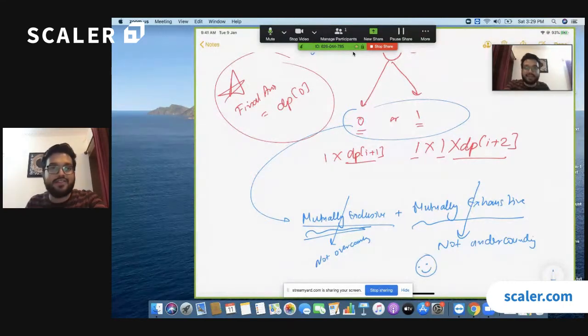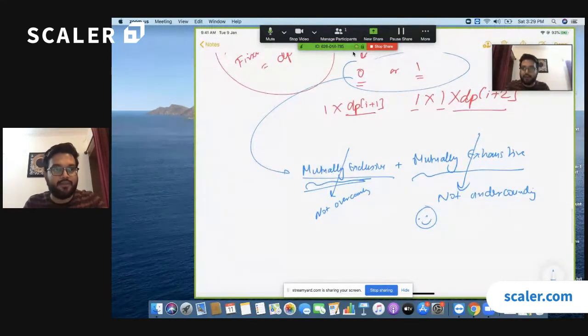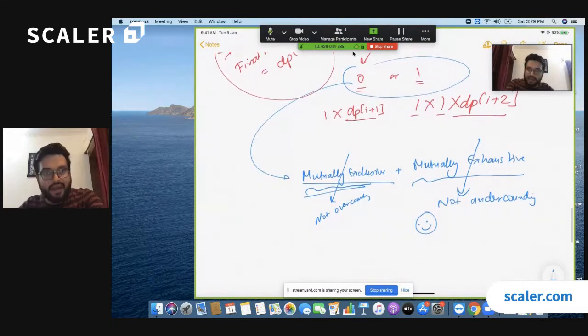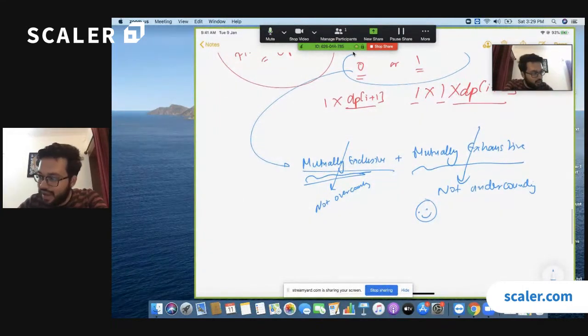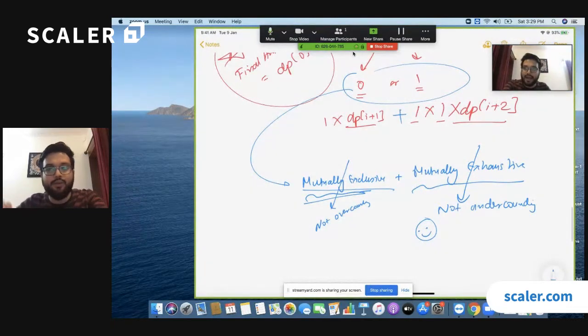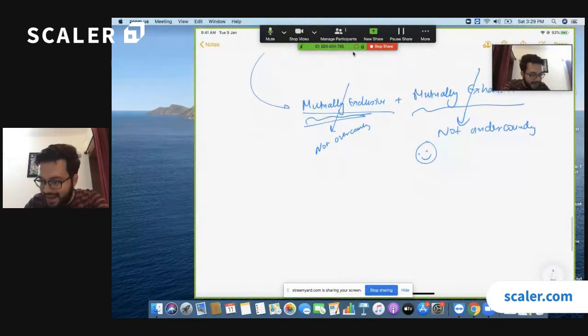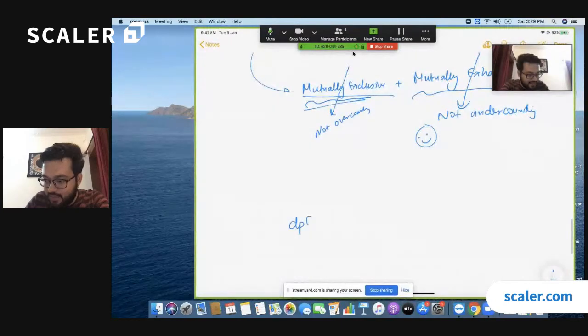I hope this thing makes sense to you guys. This is very important. Okay, cool. Now this is what we have. Just because these are mutually exclusive and exhaustive, you can simply add these two things and you will get the entire answer. So your entire answer looks something like this: that dp of i can be reduced into